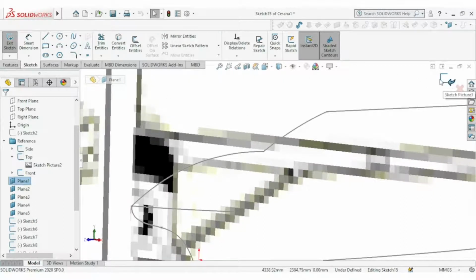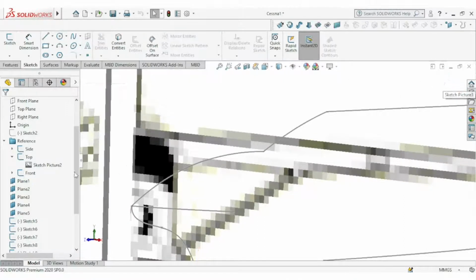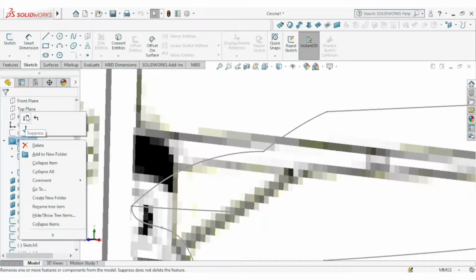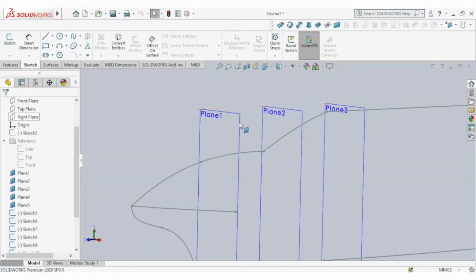Can first hide the reference to give you a better preview.